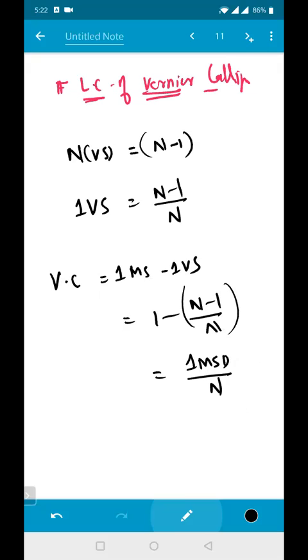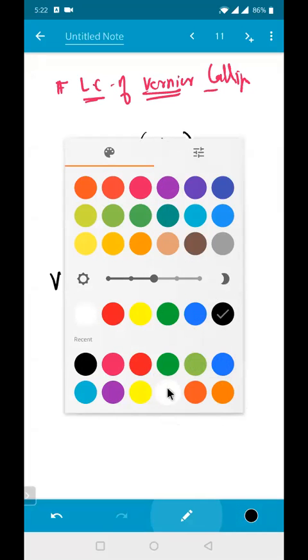You know how to take the errors right now. If there is a zero error, the zero mark of the main scale and Vernier scale do not coincide, then necessary corrections have to be taken. If the zero of the Vernier scale is to the right of the zero of the main scale, the error is to be positive. These points are really very important.